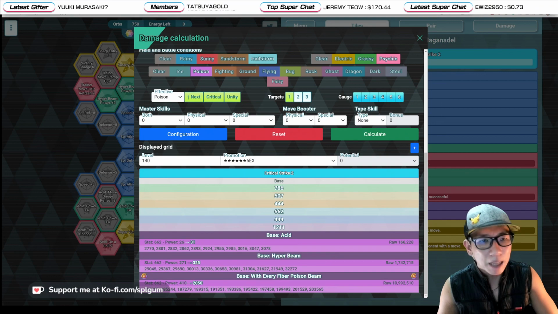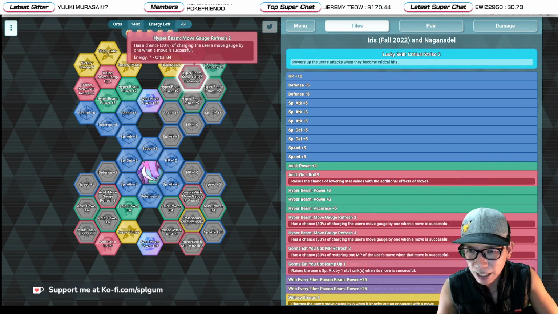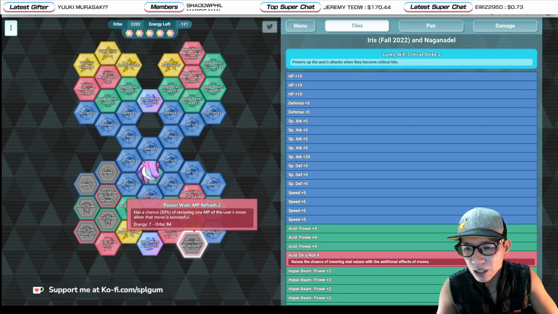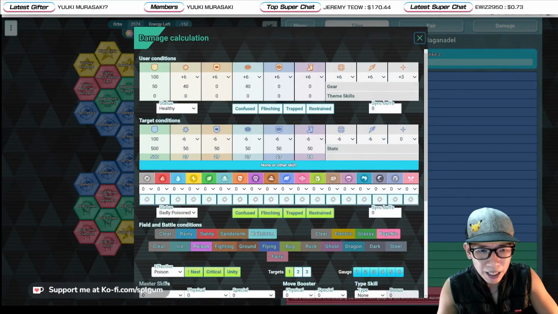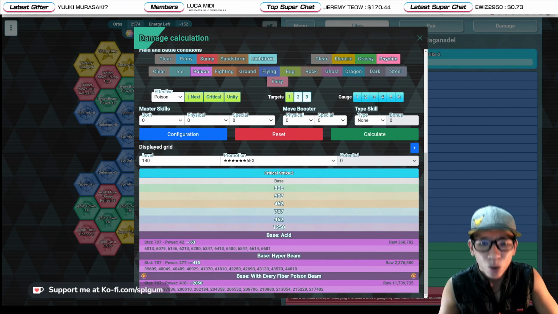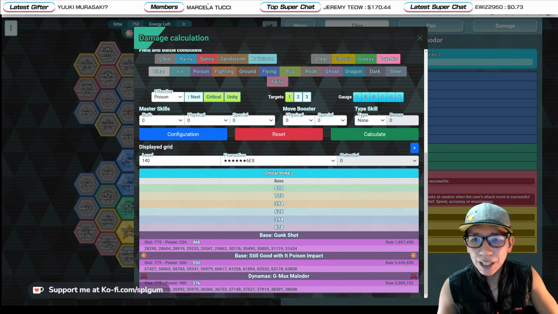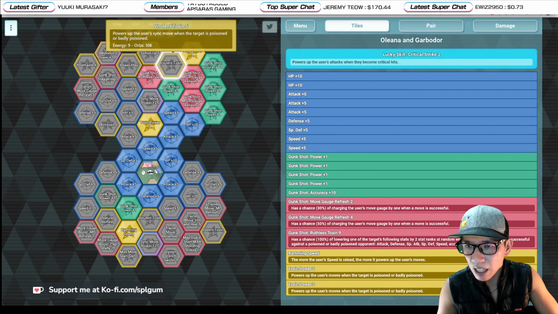Iris's Hyper Beam, well, the easier way is to just get all these so that we do not have to think too hard. So we get all these, which is impossible, but for the sake of speeding this up, we can give ourselves super effective up next, we can give ourselves Poison Zone, we make her 6-star EX, calculate the damage, that's 2,376,580. At Oleana and Garbodor, if we get everything,